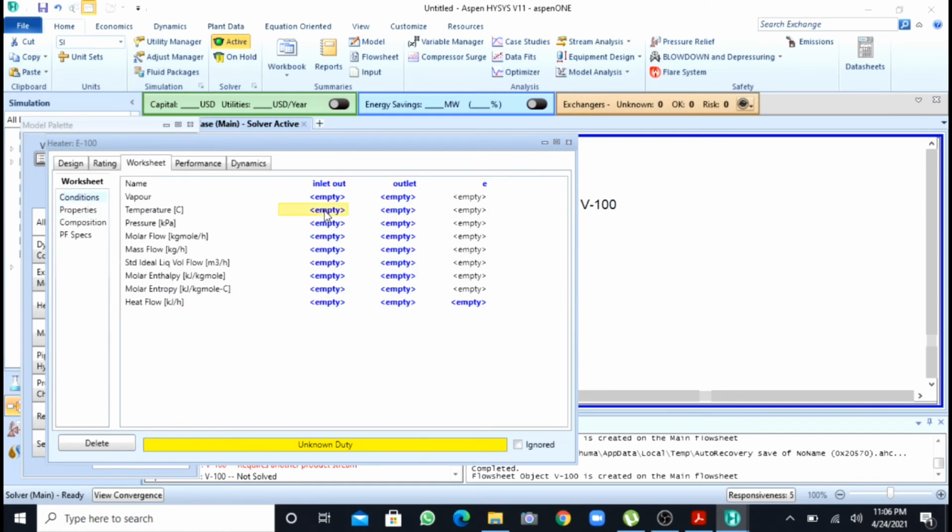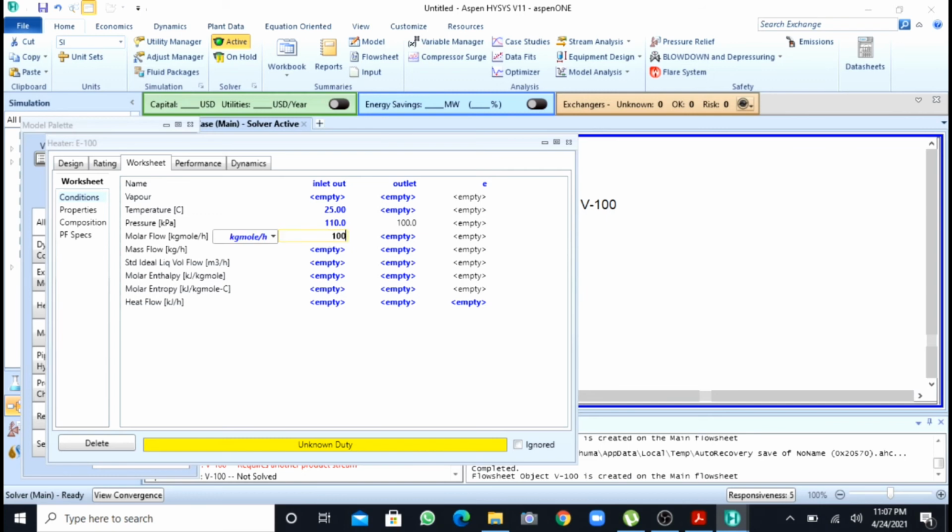So I will go to the worksheet, and in the worksheet I will define my temperature, pressure and flow rates. Temperature I will take as room temperature, 25 degrees. The pressure here I will take as 110 kilopascal because my delta P is 10 kilopascal. So the outlet pressure of this feed will be 100 kilopascal, and in the question it is said that we have to do the flash distillation at 100 kilopascal. You can see that the outlet pressure is 100, because the flash distillation in the separator must be at 100 kilopascal.